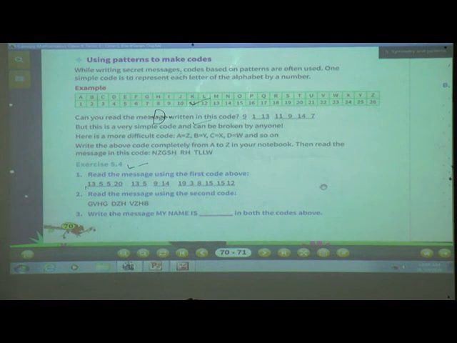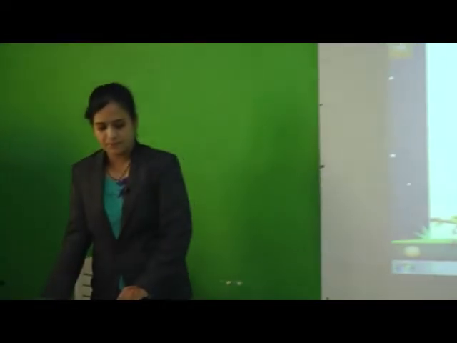Okay, now students, see here, we have finished our lesson number 5, symmetry and patterns. Students, in this lesson we have studied axis of symmetry, and also the types of symmetrical figures. Again we have studied reflections, that means mirror image, and patterns. Again we have studied using patterns to make codes, and tessellation. So all of you understood this one? Okay. Students, so try to solve the questions, sums. Okay, thank you.